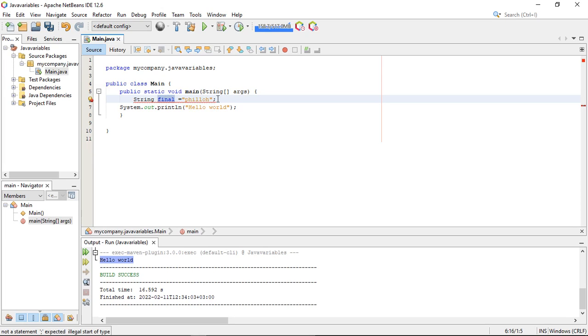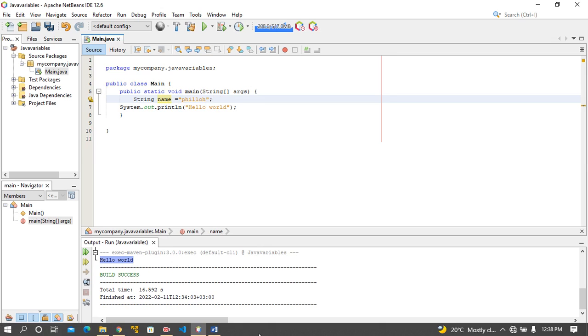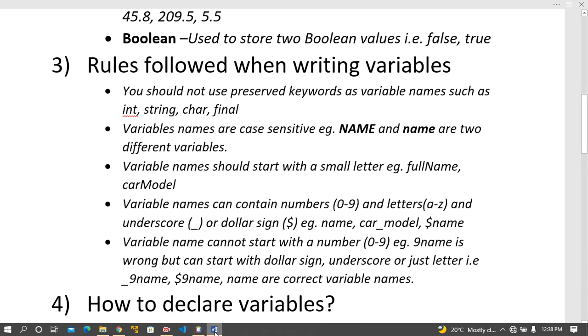You can't use this one as a variable name, but you can change this one to something like name, right? You see, now it's okay. That's all we're talking about: reserved keywords in Java should not be used as variable